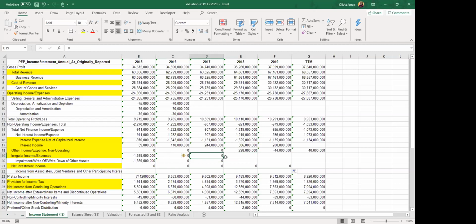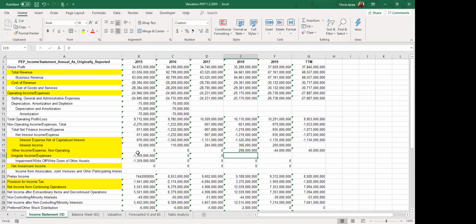You also have some blank cells. Yeah. 0, 0. Okay, so now for your other income, you need to add other income, expenses, irregular income, and